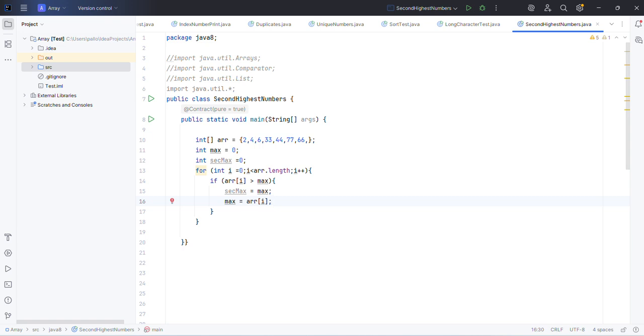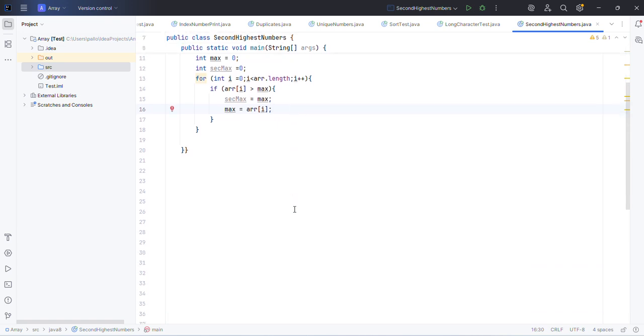So this is the condition I have to follow. Max equal to arr of i means it will check the current element, which becomes the new maximum, and I have used sec max equal to max, which means the old maximum becomes the second maximum. Then I am using here an else if condition,